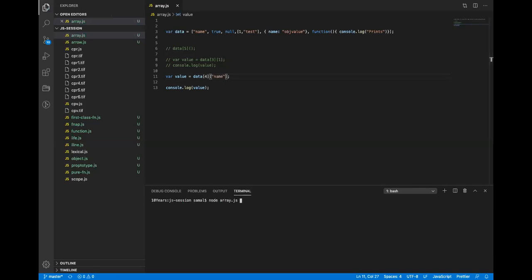This will still work. It gave me the object value, or I can just do dot straightforward, because it is a single key. It gives me the same value, right? So with this, I'm able to read the value from the nested data.